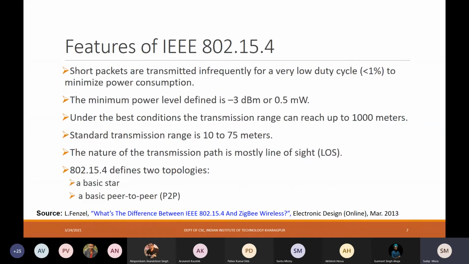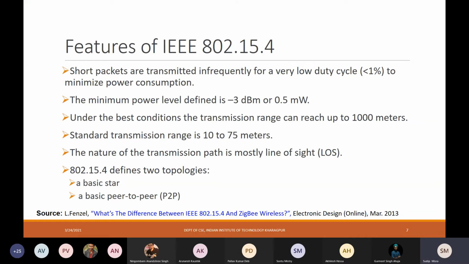Okay, so 802.15.4 offers a very low duty cycle, and the minimum power level that is defined is minus 3 dBm or 0.5 milliwatt. Under the best conditions, the transmission range can reach up to 1000 meters, that means 1 kilometer. If all the environmental conditions are perfect, then theoretically you should be able to achieve a transmission range of up to about 1 kilometer using IEEE 802.15.4 devices. The standard transmission range, on the other hand, is only 10 to 75 meters, again depending on